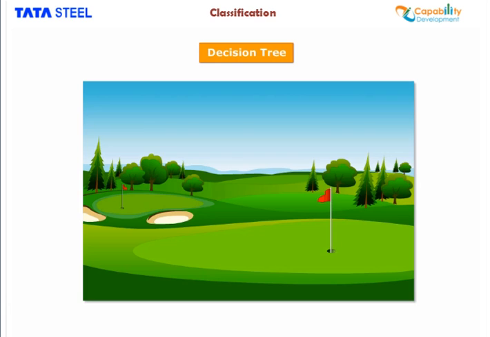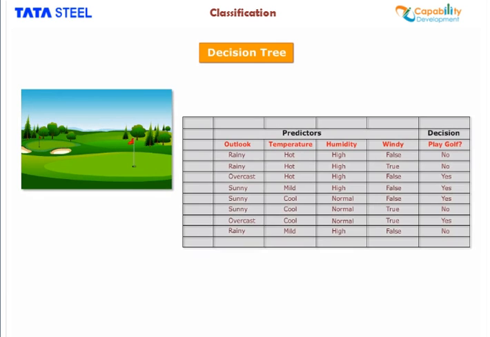Refer to the example of the golf dataset to understand the application of entropy concepts for creating a decision tree. Suppose you are given data related to playing golf on various conditions. From the given data, take the outcomes as n, n, y, y, y, n, y, n, where y means yes and n means no. Probability of y is py = 0.5. Probability of n is pn = 0.5.